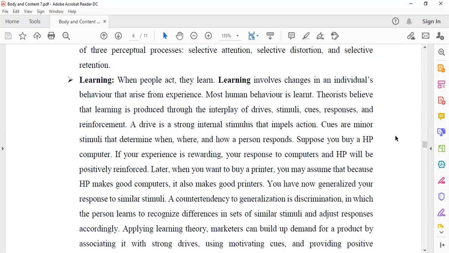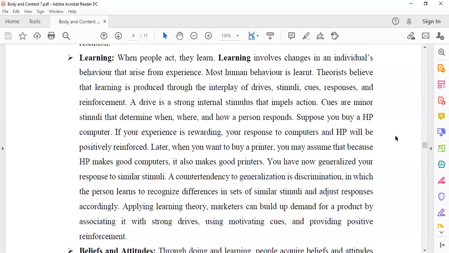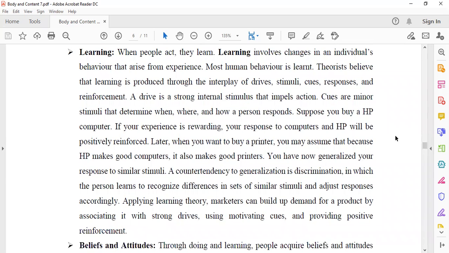However, if you perform an action and the experience is not encouraging, you begin to drop that action. That behavior begins to die down. And in so doing, if an individual buys a product and that product meets expectation or even surpasses expectation in terms of performance, that individual is more inclined to buy the product over and over again.